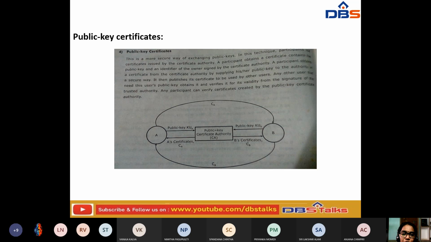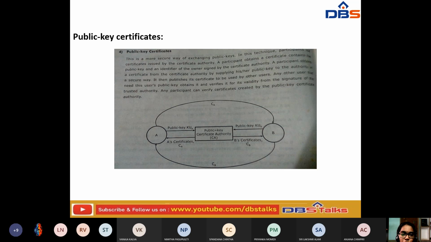The participant who takes the certificate from the authority can supply his public key to the authority in a secured way, and the authority publishes the certificate that is used by the users. Any other user who needs the public key obtains the certificate, and it is verified for validity from the signature of the trusted authority.